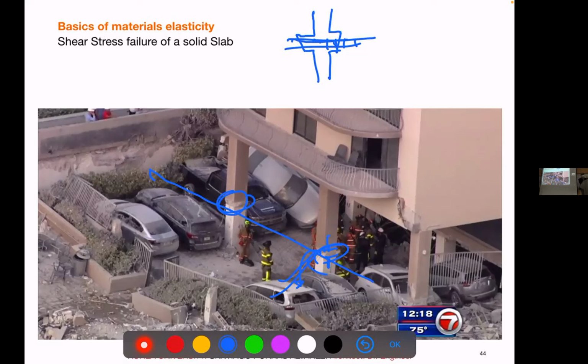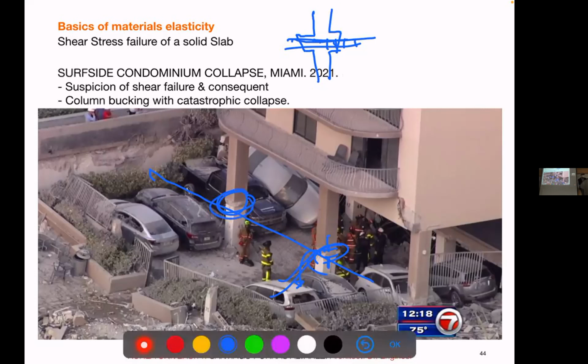How come it is like so well? We don't know very well, but the case is a very thin slab just for punching, and probably the reinforcement was insufficient, and it went down, right? So this might be the initial stage of the collapse. But then why the column buckling? Well, the moment you lose the slab, the columns become taller, right? So the proportion changes, and then buckling becomes an issue.